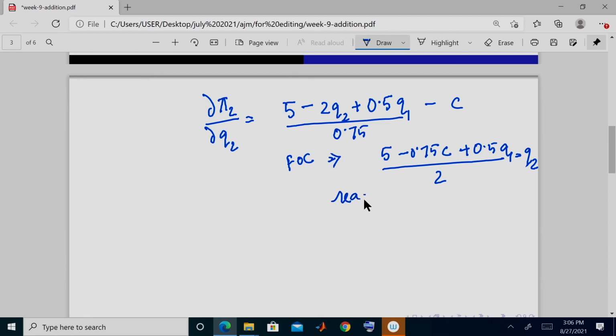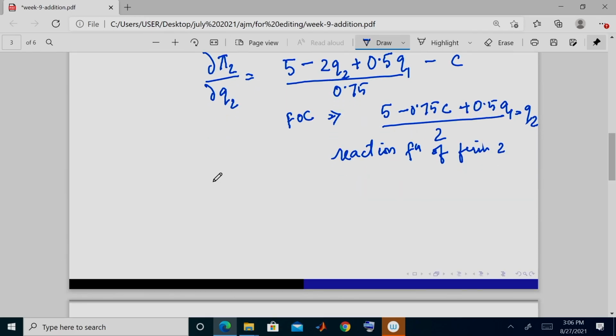So, this is the reaction function of firm 2. So, given any output of firm 1, Q1, what is the optimal output of firm 2, Q2? We have got this. So, if we plot them,